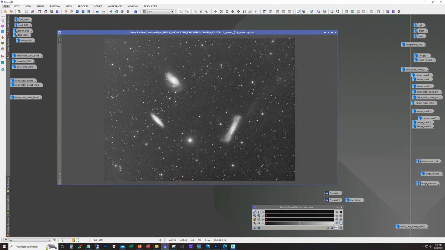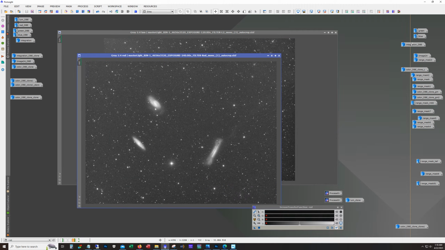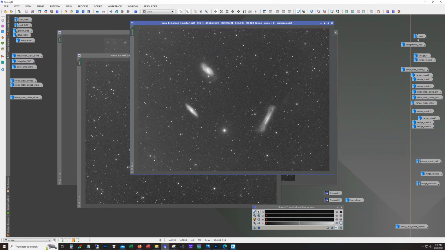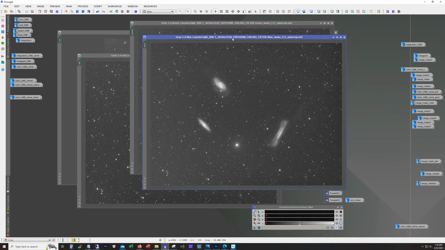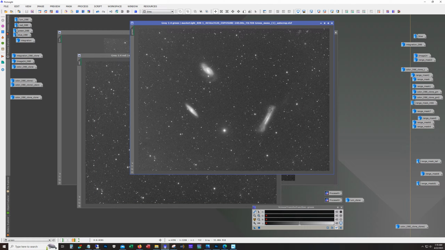So first we'll take a look at the channels. This is the luminance, like I mentioned before. Here's our red channel, and the green, and the blue. So these are all looking pretty good. I used flats and darks, and I was pretty happy with how clean these came out. I had just taken a fresh set of flats right before I finished collecting data on this target, and it